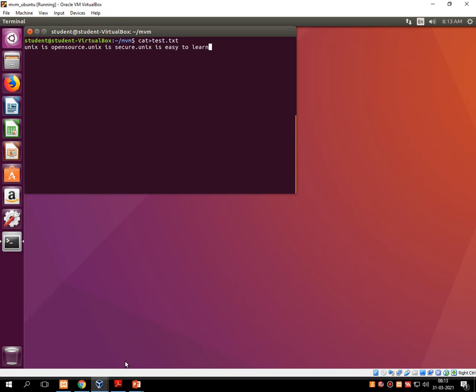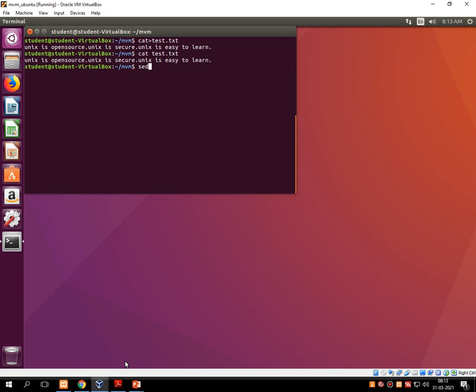Now save this content by pressing Ctrl+D, and check whether this content is stored properly or not by typing the cat command. So it stores perfectly onto the screen. Now we can perform the sed command.